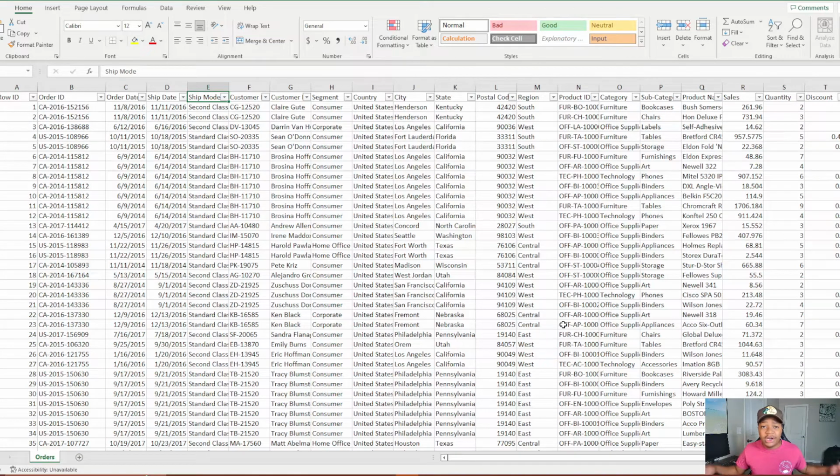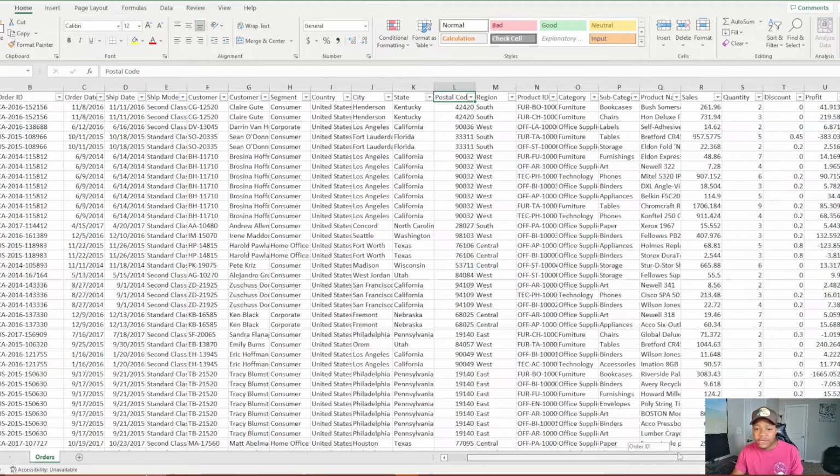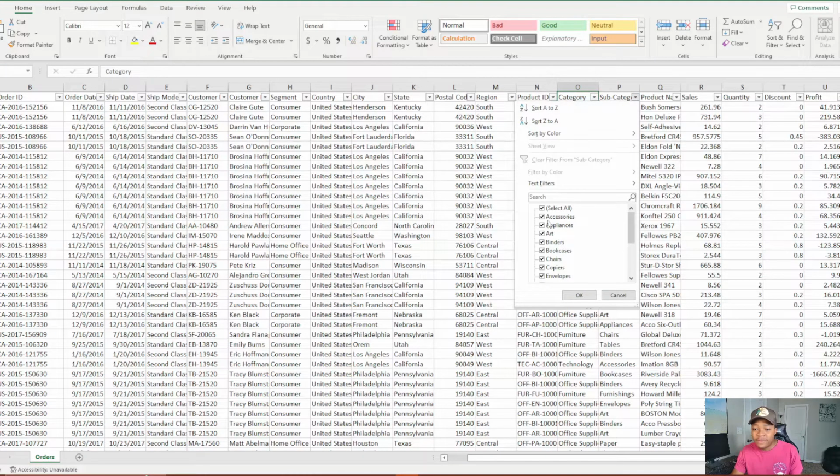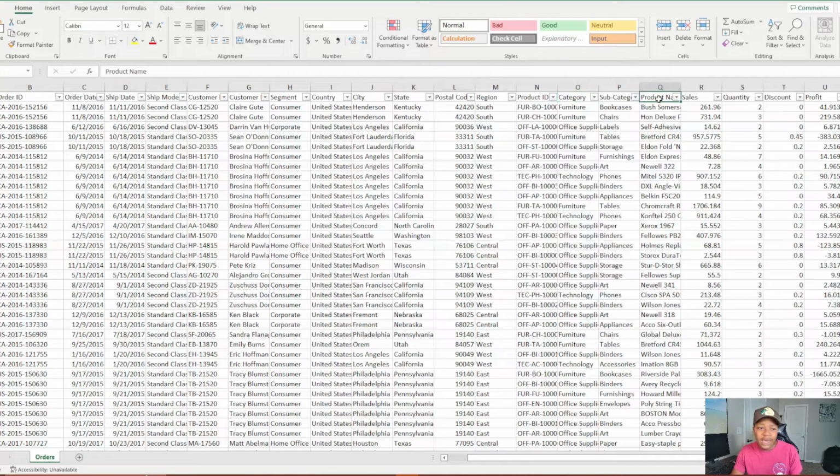All right, so as you can see here, this is the data that we're going to be working with. This is sales data, so you can see the order IDs, the shipping dates, the customer ID, and even the country, city, state, and postal code. This is the information that you put into a website if you're ordering something online. You have things like the region. We also have the category of the products that are being sold: furniture, office supplies, and technology, and you actually have the actual product names. And we also have the subcategory, and you also have sales, quantity, discounts, and